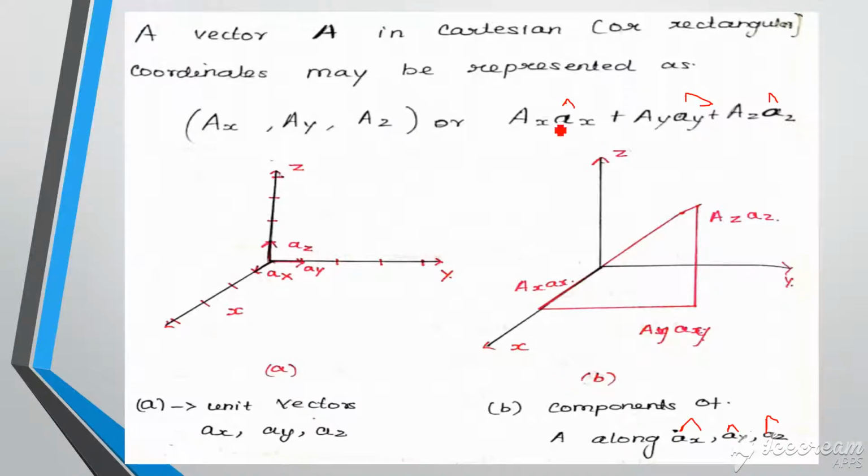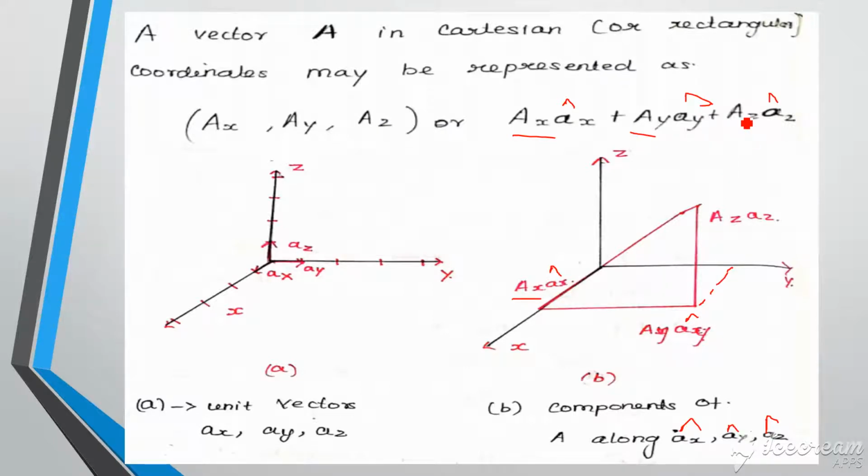So here along x we have a distance ax. We can write this as, along the x direction, we have the distance ax. The direction is defined by the unit vector ax cap. Similarly, along y, it has the magnitude ay multiplied by the corresponding unit vector for its direction. So this is a distance ay, whose direction is along the y direction, indicated by ay cap, ay into ay cap.